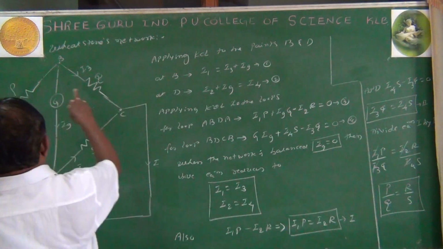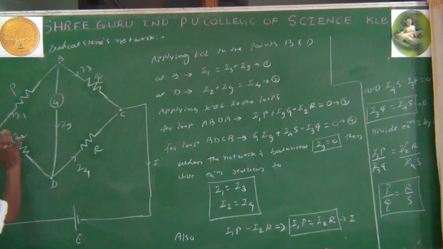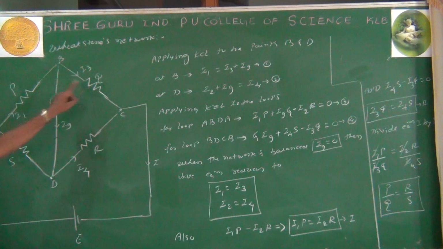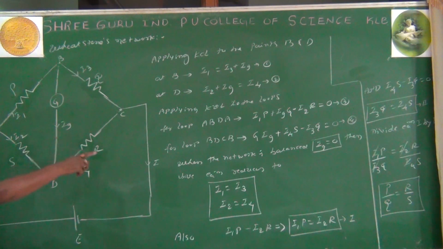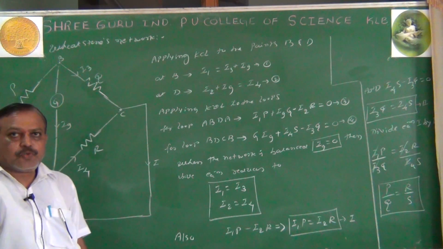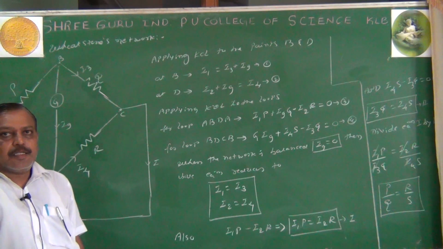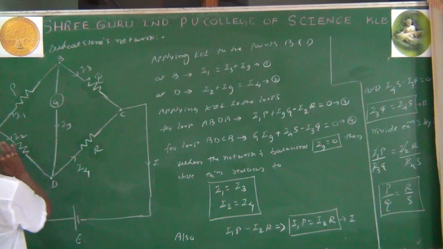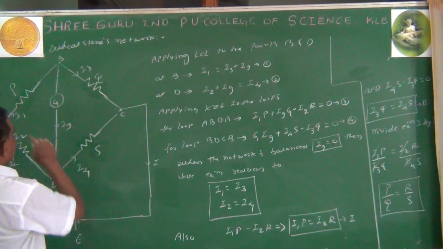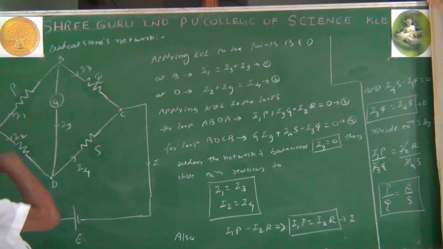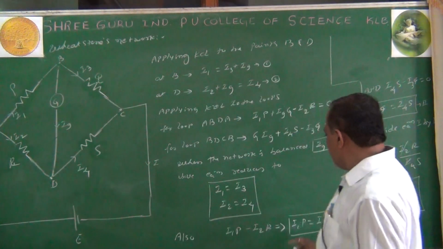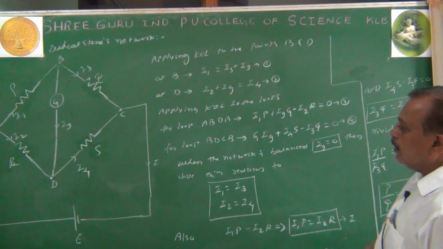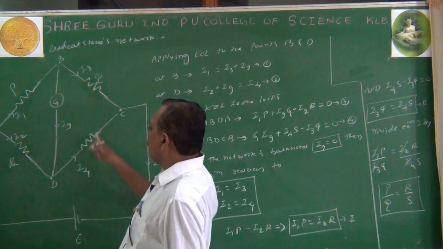If I take PQRS, what happens? The balancing condition is P by Q equals S by R. To make the spelling easier, so that there is no feeling of toughness in giving the condition, P by Q equals R by S. Hence we have taken PQSR in cyclic order, to make the final equation P by Q equals R by S, the ratio of arm resistances are equal. For easy recall, you go for PQSR in cyclic order.